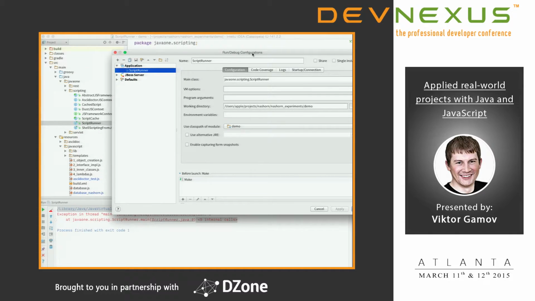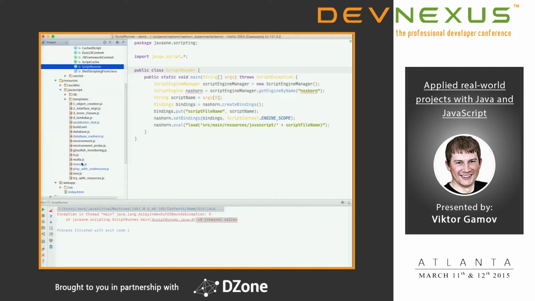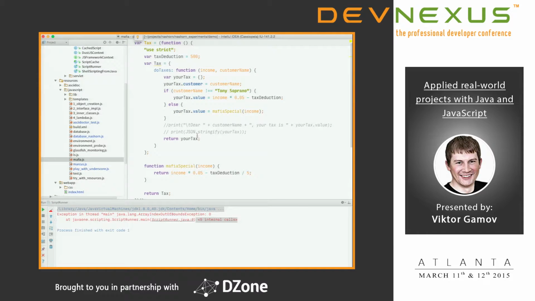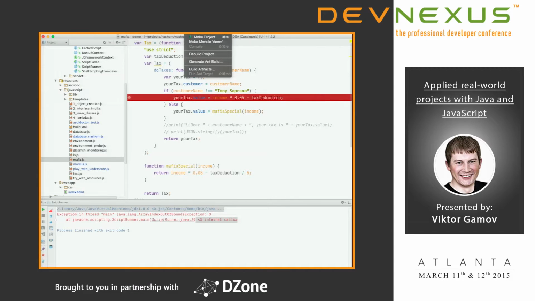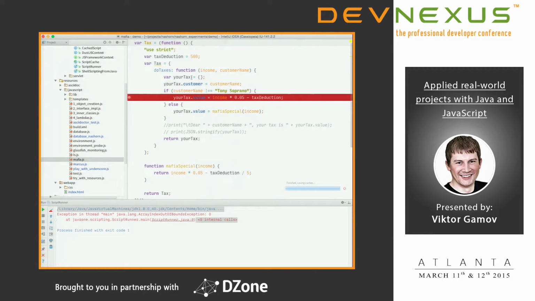So what I want to debug, let's debug this JS. Okay. When I run it and open this mafia.js, I want to put a breakpoint somewhere. And when I do debug script runner,